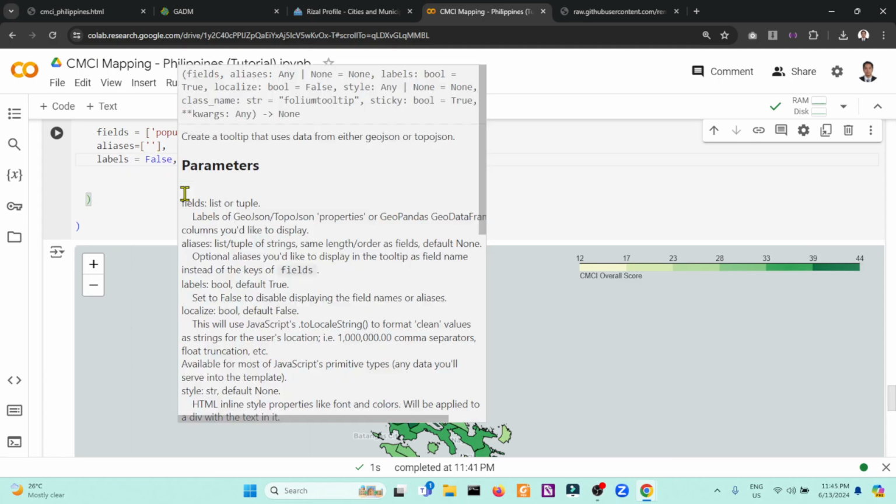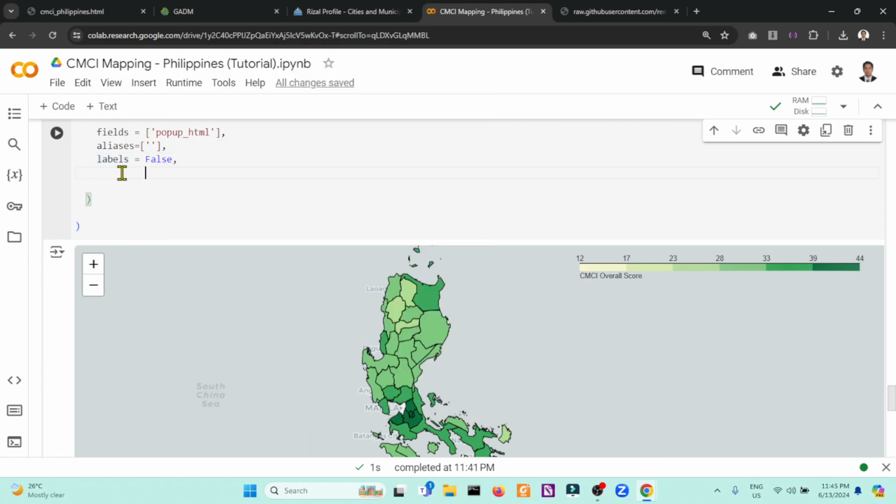What this means is to disable the labels in the tooltip. Another one is the property sticky equals true. This makes the tooltip sticky, meaning it will stay open when the user moves over the mouse, so the tooltip will follow your specific movement of the mouse.